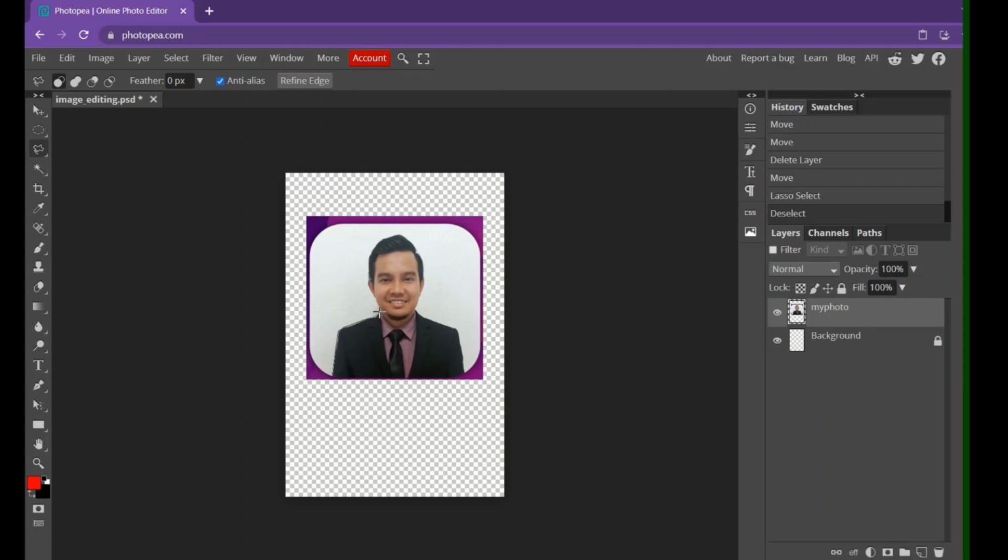If we use the lasso just now, it's quite difficult to keep track of my body actually. So that's why I'm using the polygonal lasso. So in this case, if we look here,